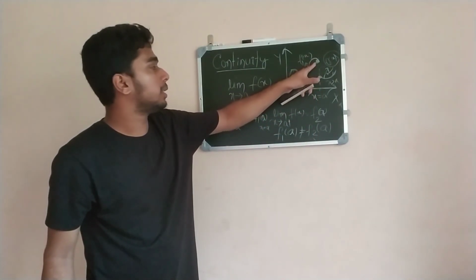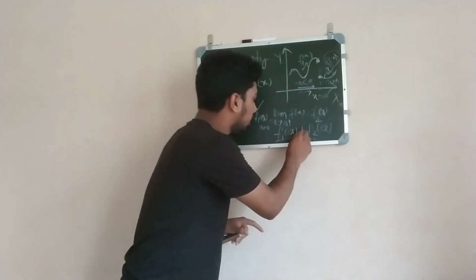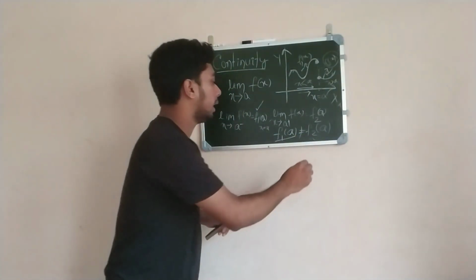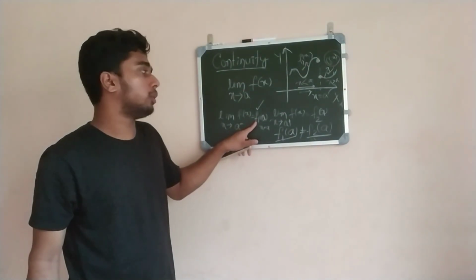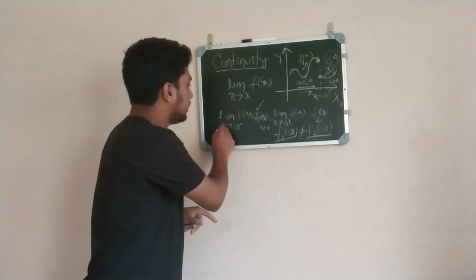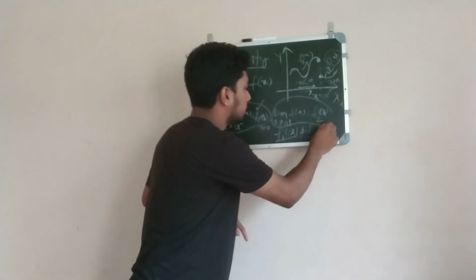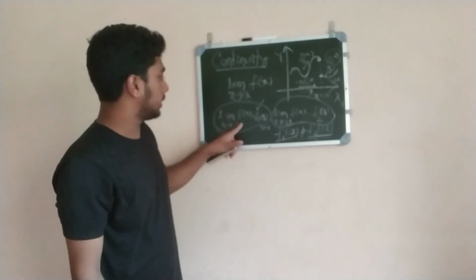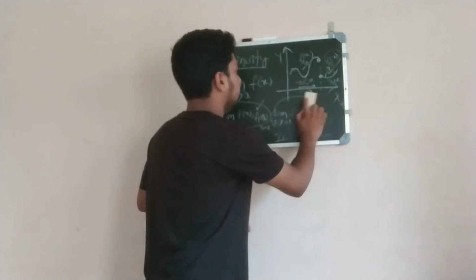If the two points are different, they are not the same. Then I can write f1(a) is not equal to f2(a). What does it mean? If f1(a) is not equal to f2(a), then this limit and this limit are not the same. Then